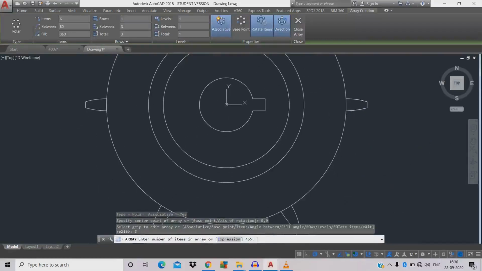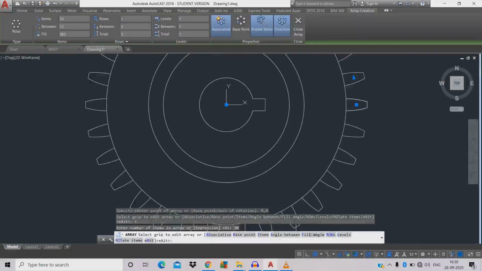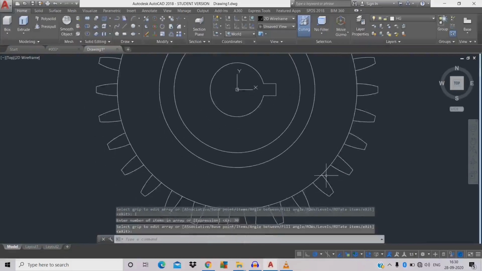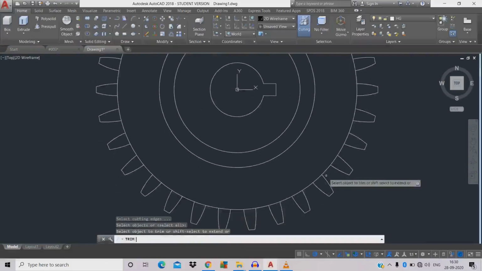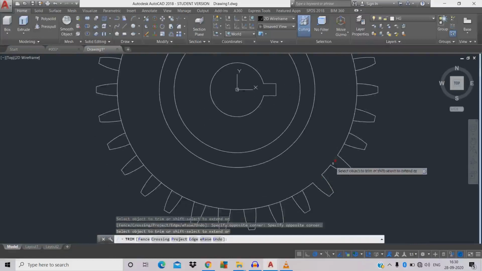I need teeth for 30, so 30, space, to make it perfect. TR double space, we're going to trim the line over here.